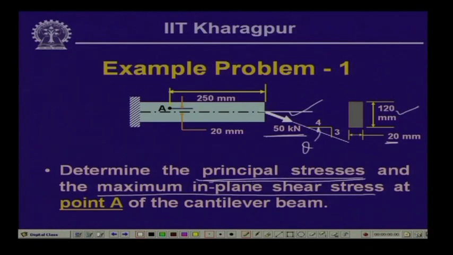So, you have to compute the principal stresses and the maximum in-plane shear stress at point A of the beam. Point A, as you can see, is 20 millimeter away from the neutral axis of the beam, and the point is at a distance of 250 millimeter from the edge of the cantilever beam. So, we will have to compute the value of the principal stresses here and the value of the in-plane